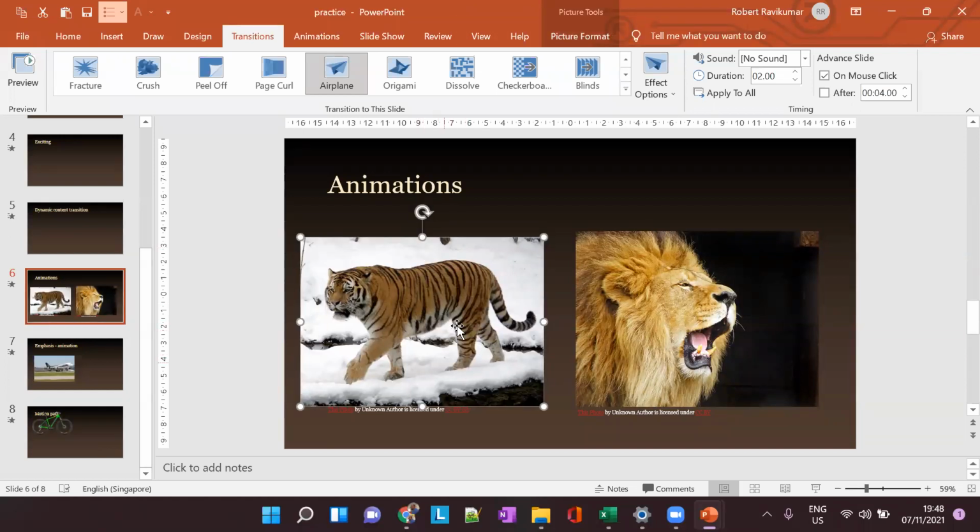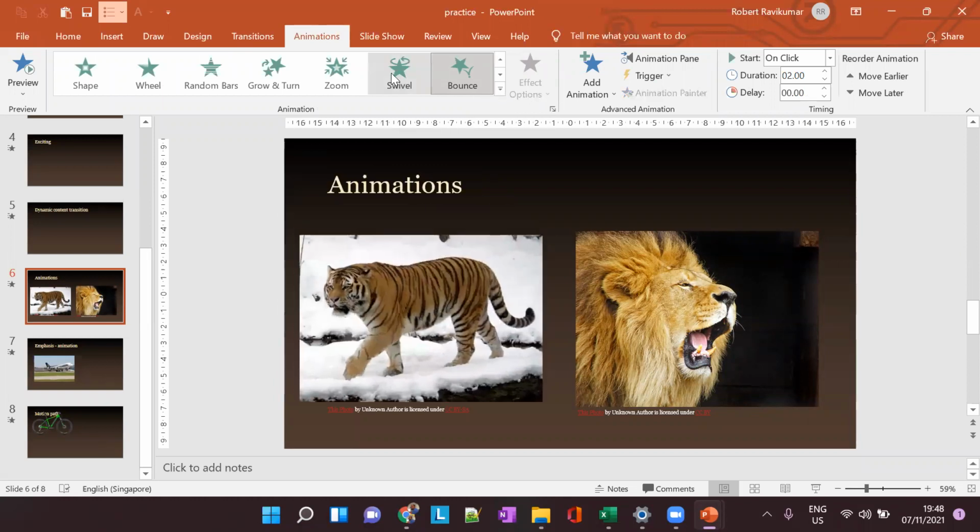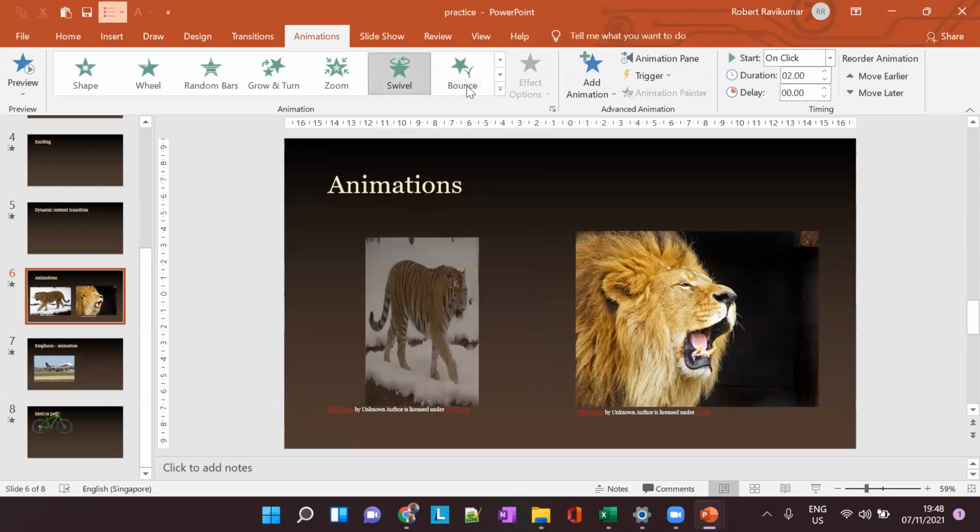Similarly, you can do it for animations here. So I've chosen this tiger, and I'm going to apply an effect options here. Go to the animations tab, select this tiger picture, and you can see the effect here. There is no effect for this transition.